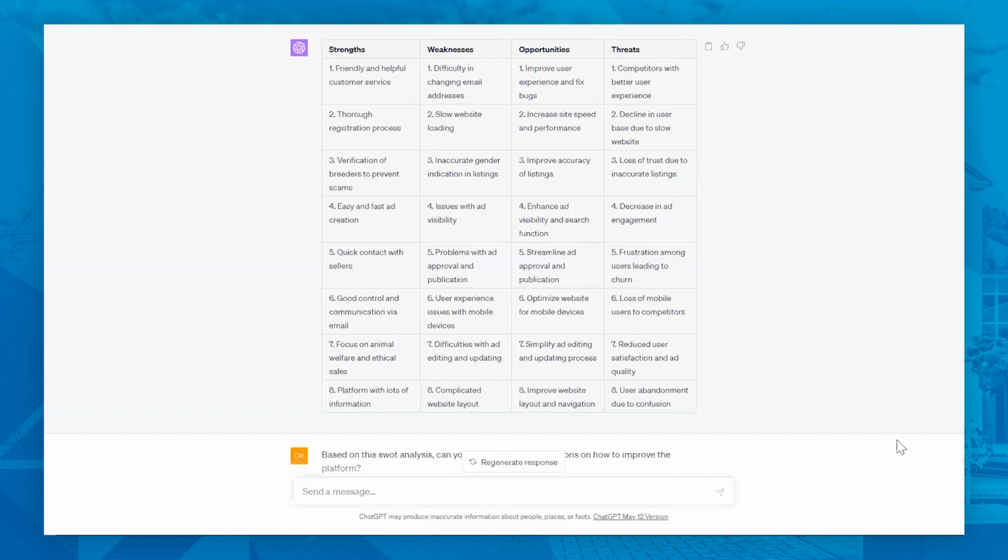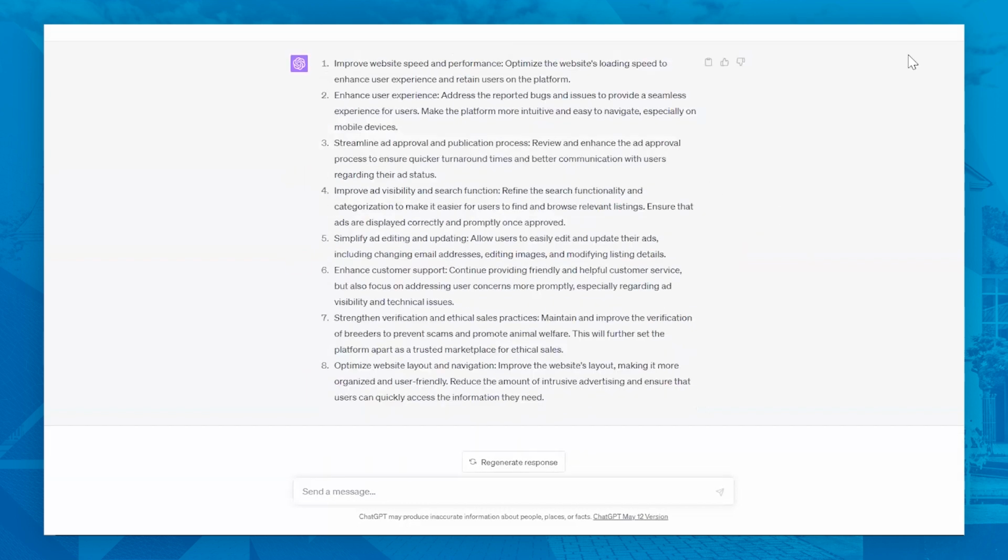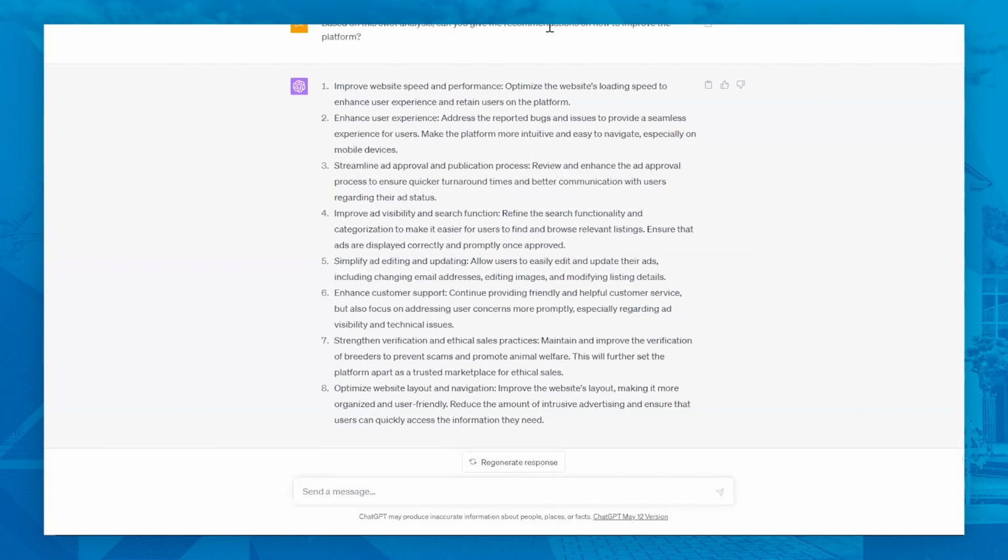And then you can take the next step, of course, and also ask, give me now some recommendations based on the SWOT analysis about how to improve the platform. And then it will give you a bunch of recommendations that you can use to differentiate yourself from this competitor. So you see that we today have tools to identify competitors, get in-depth information about these competitors, and then ChatGPT can actually help you to give you a first in-depth analysis of the data that you have collected on your competitor, and can even give you recommendations to do so.